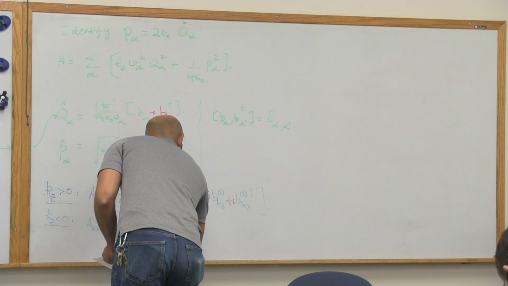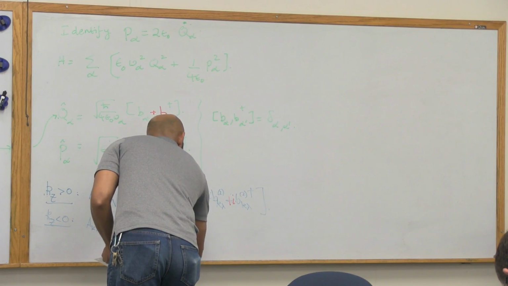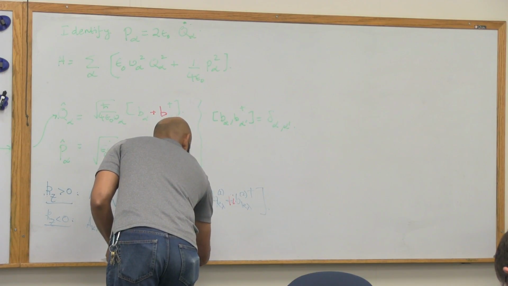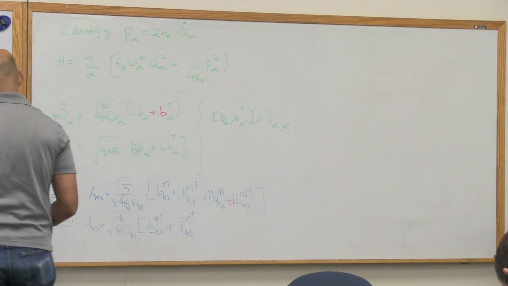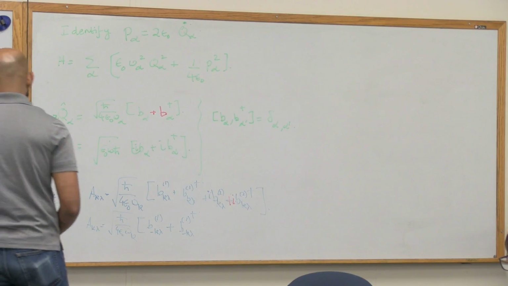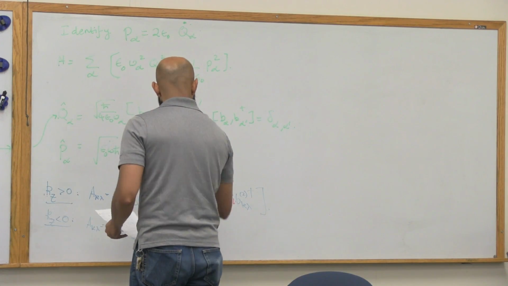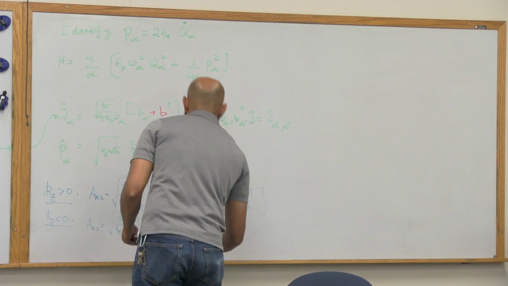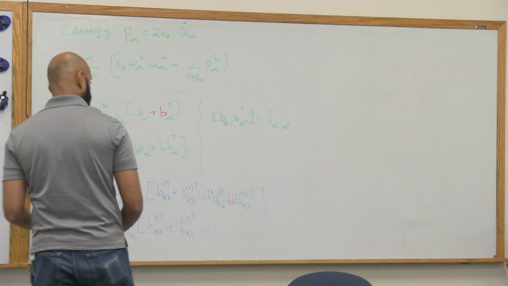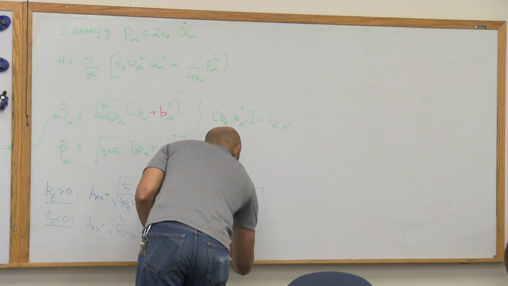So b_minus kλ1 plus b_minus kλ1 dagger, that is the same as this Q_minus kλ1, right? We'll have this term here, and then we've got a minus i times Q_minus kλ2, so that's going to give me